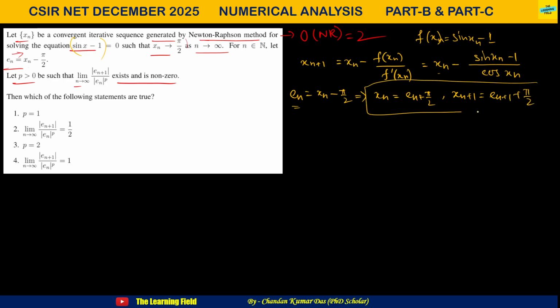Now put these two values into the above equation. What do we get? We get en plus 1 in this equation. En plus 1 is equal to en